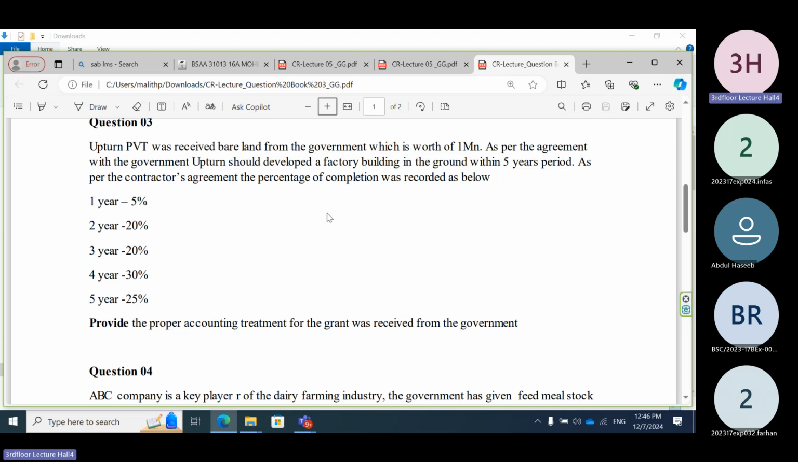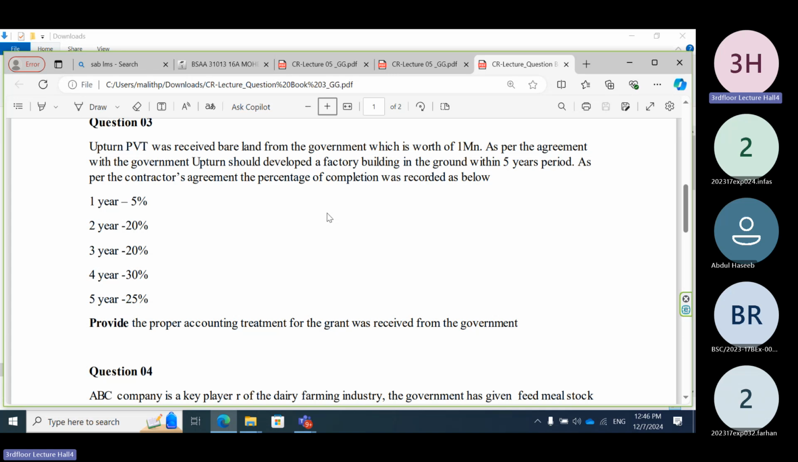As per the contractor agreement, the percentage of completion was recorded as below. What is the proper accounting treatment for the grant received from the government? What do we need to do? We need to suggest that, right? You can suggest the cost and income approach or the capital approach. Here, the income approach may be good, right? You can suggest the income approach can be used and the grant can be recognized to the P&L according to the percentage